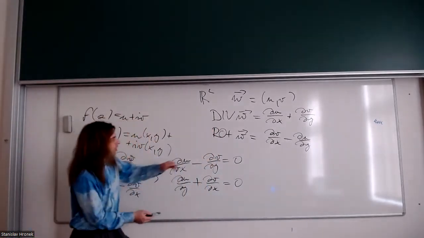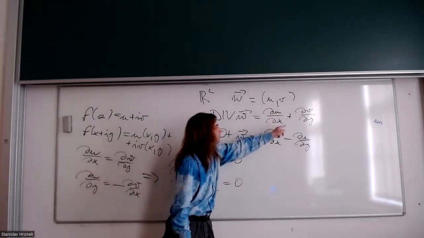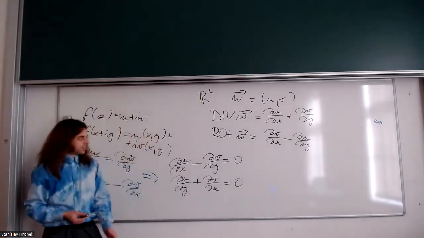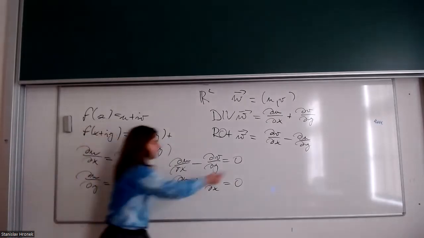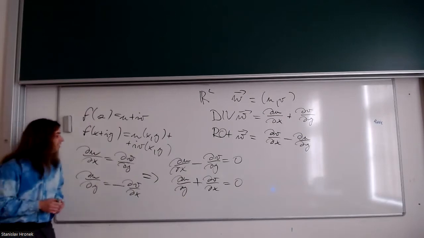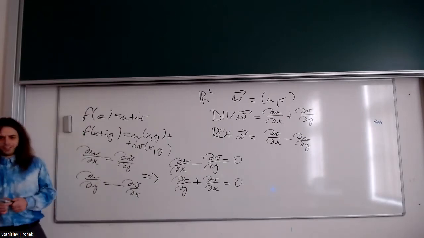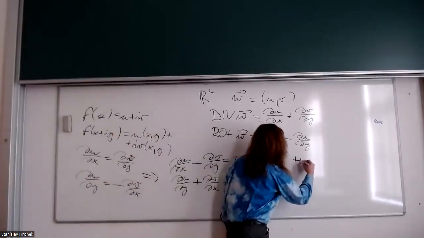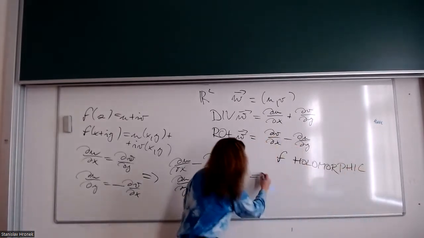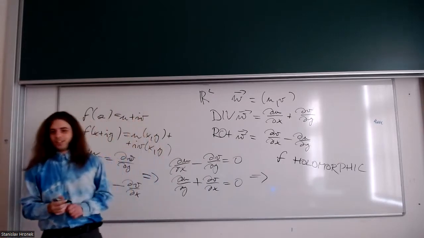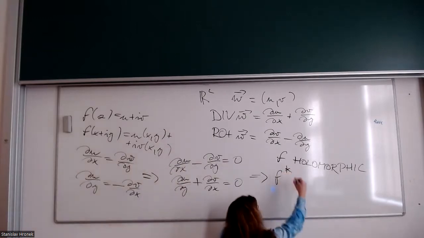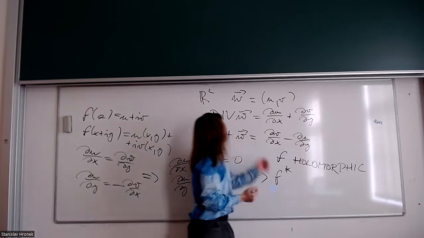So here we have du with respect to dx plus dv with respect to dy, and here we have the same thing but with a minus. And the same thing for the curl. Here it has a minus sign, and here it has two pluses. So from that we can see that if a function f is holomorphic, then the vector field generated not by the function f, but by the function f complex conjugate is divergence free,